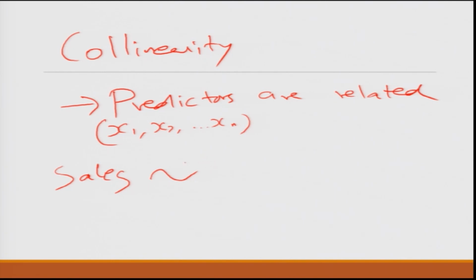From your different sources of data, you have hundreds of variables. One of the variables may be advertisement. Then you also have a variable which is radio advertisement, and TV advertisement. These may be the amount of expenditure made in a year, or the number of people involved, or whatever.